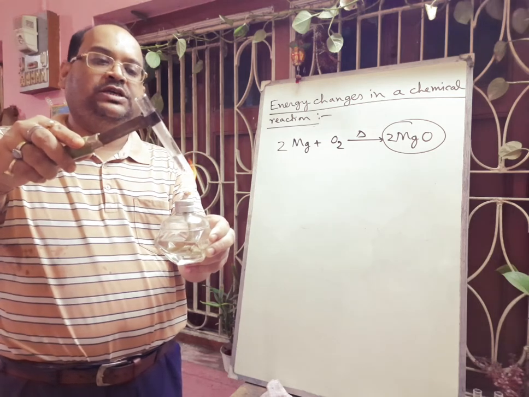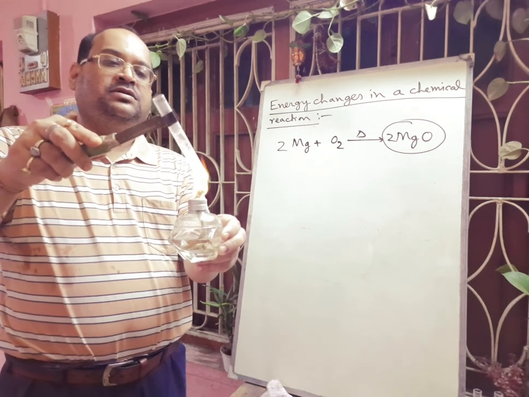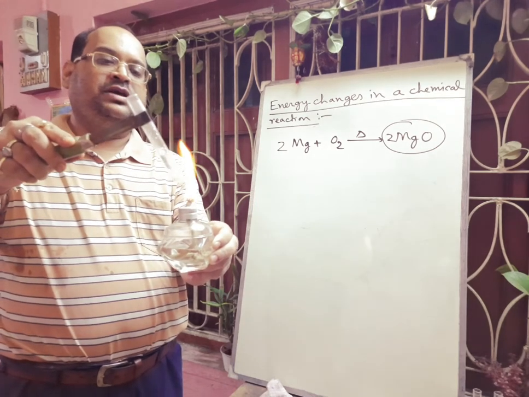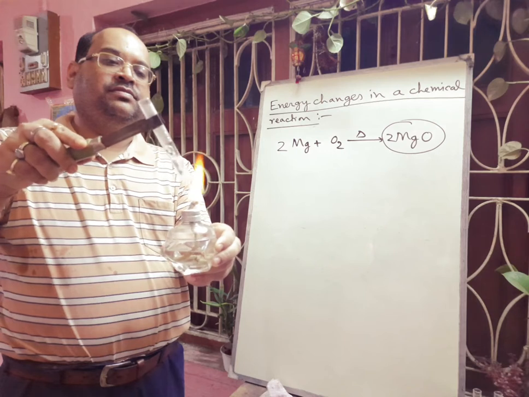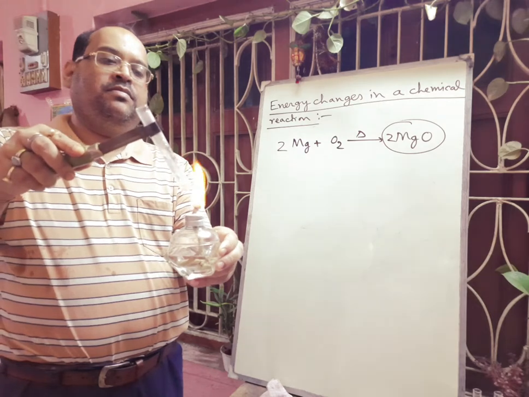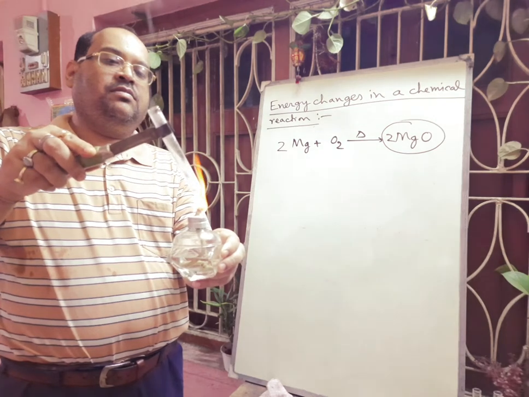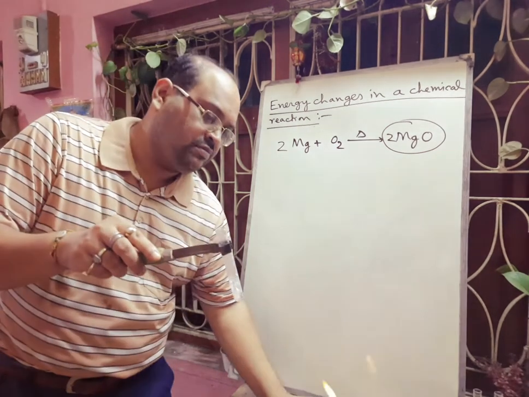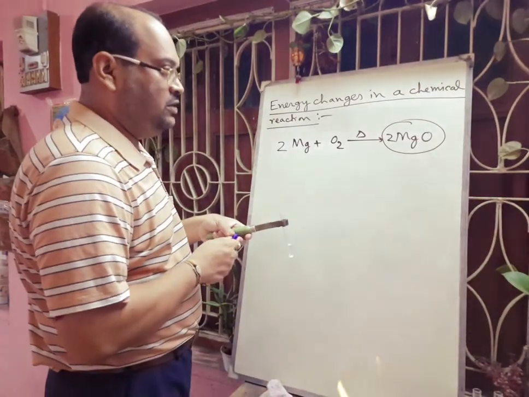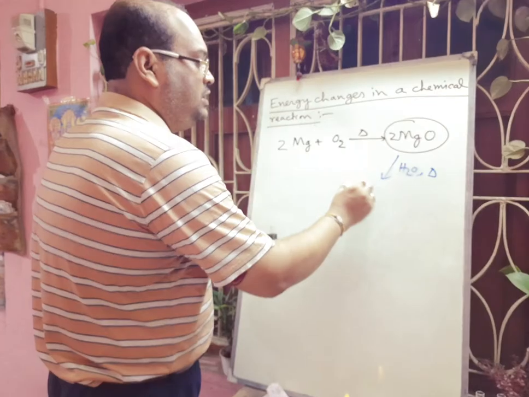By shaking also you can do this, but it will take time. But if we supply heat energy, the reaction will be faster. So this is a hydrolysis reaction. This magnesium oxide is turning into magnesium hydroxide, and the whole solution turns alkaline. I think some part of the magnesium oxide is dissolved in water. So what we are doing here, we are adding water and applying heat, so it is producing that magnesium hydroxide.